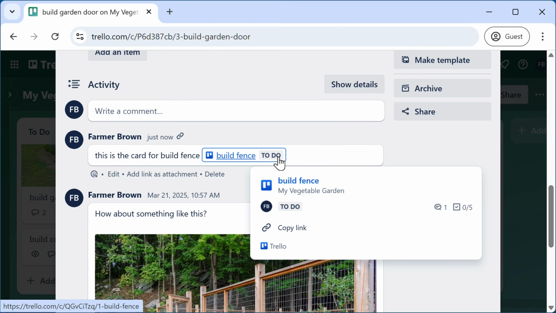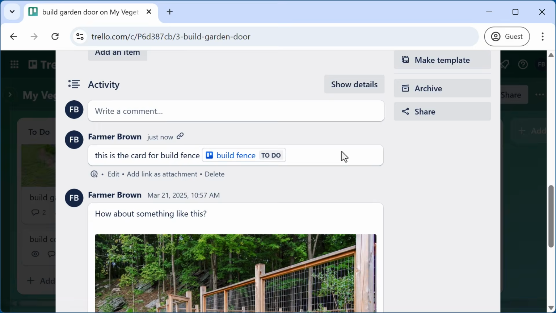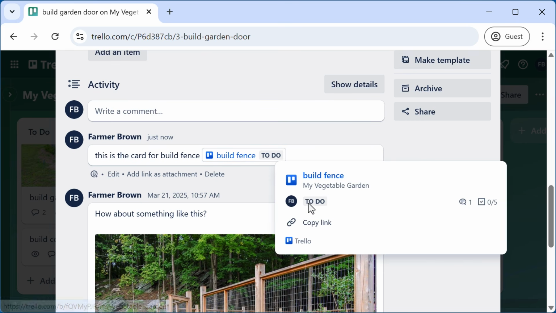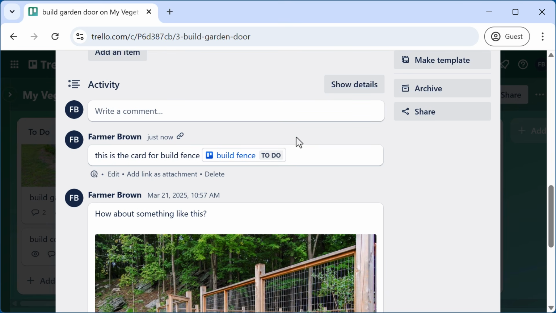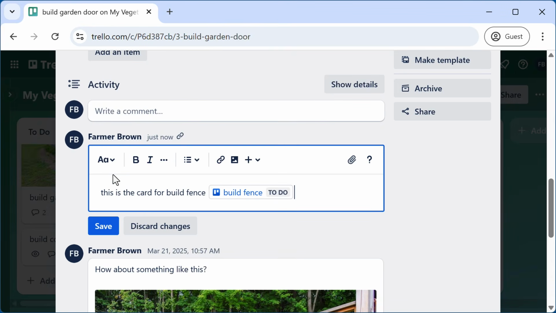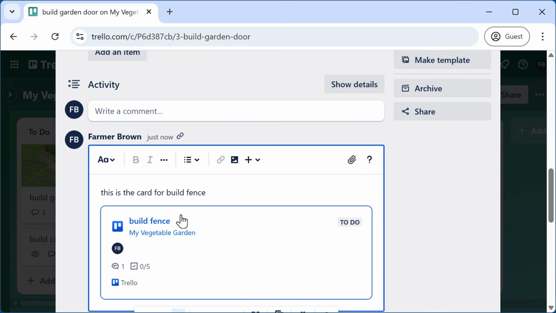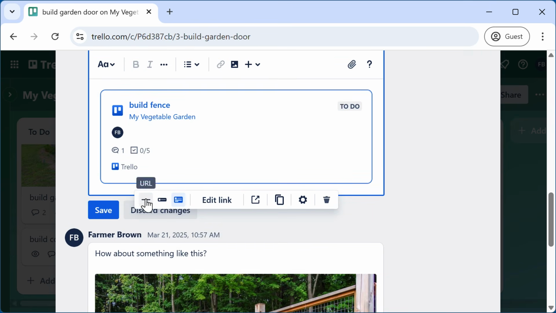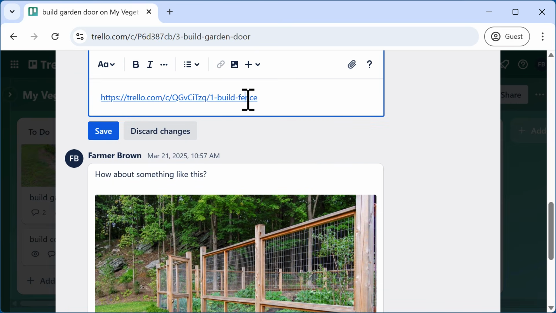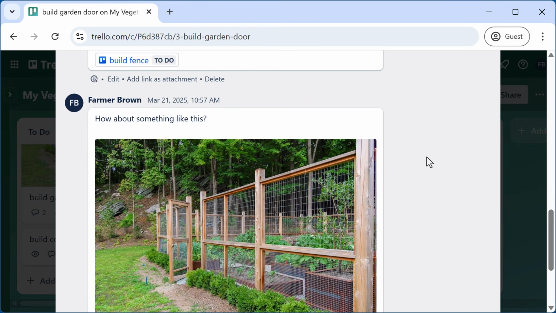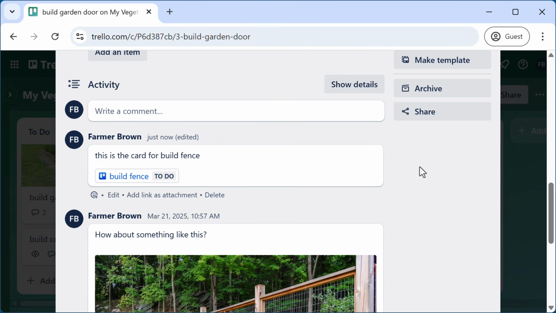I can see that it's in the to-do list, and when I mouse over it, I get a bit more information, such as I can see that there's a comment, it has a checklist of 5 items. You can modify the way that this preview looks by clicking Edit, hover over the card preview, click Configure, and choose another visual representation of the card. Whatever works for you. So that's one way to connect these cards together.